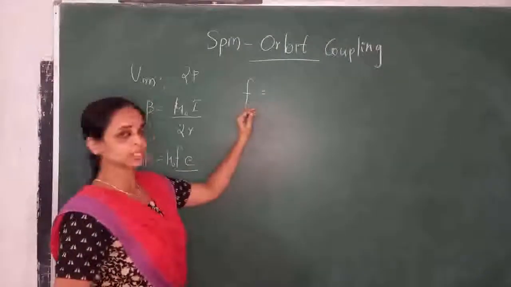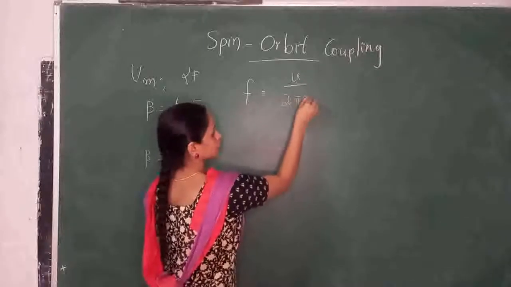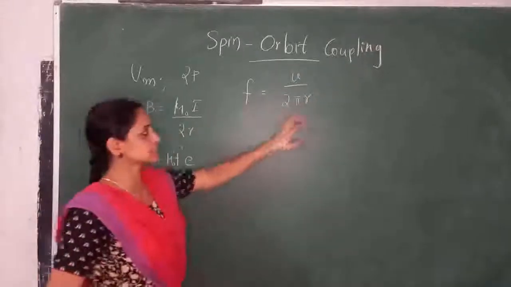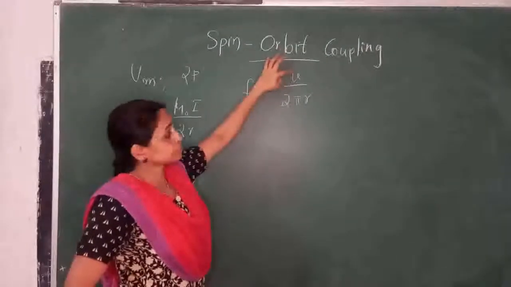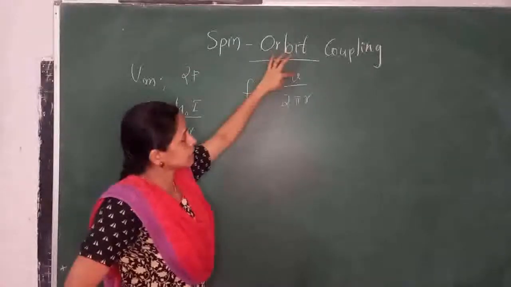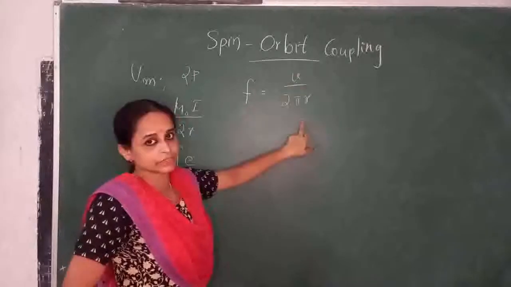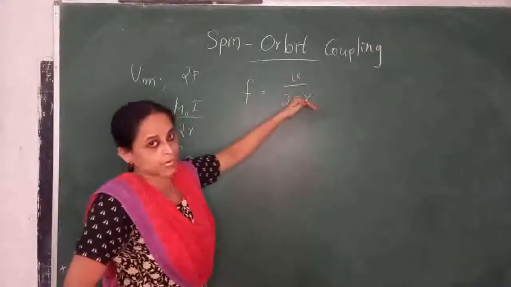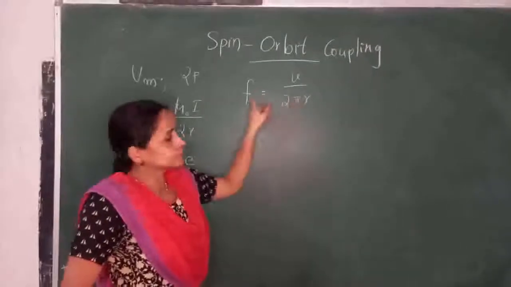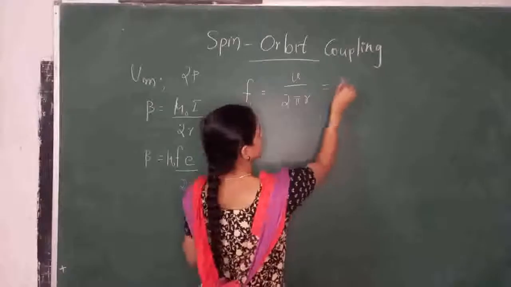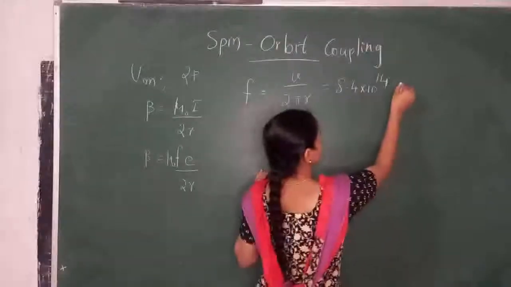We will obtain the frequency as v divided by the circumference of the orbit, that is the circumference of the circle, 2 pi r. So v is the distance moved in unit second, and divided by 2 pi r, that is the distance travelled in each revolution, it gives the frequency. So this value is actually 8.4 into 10 raised to 14, 10 raised to minus 8.